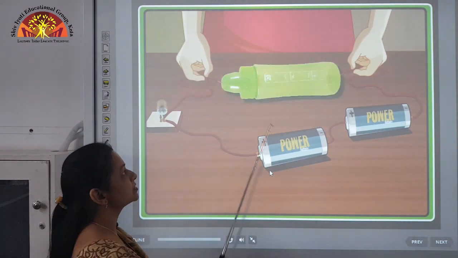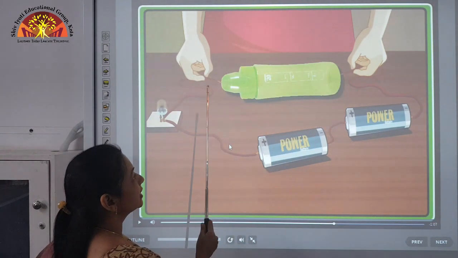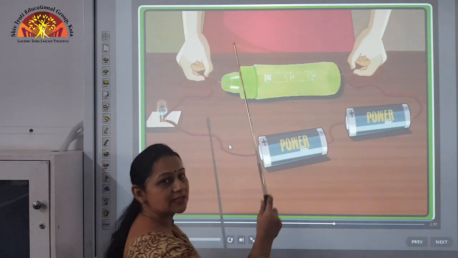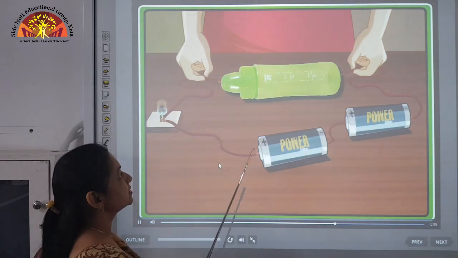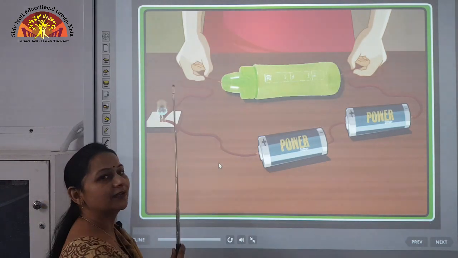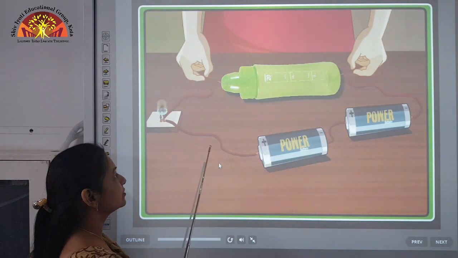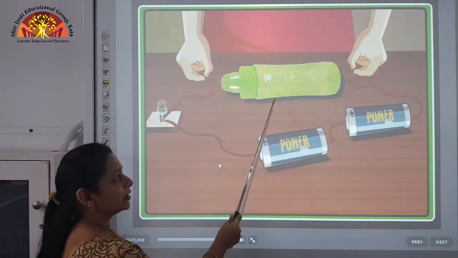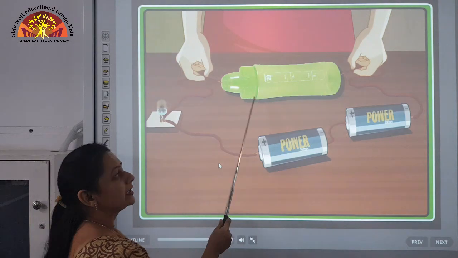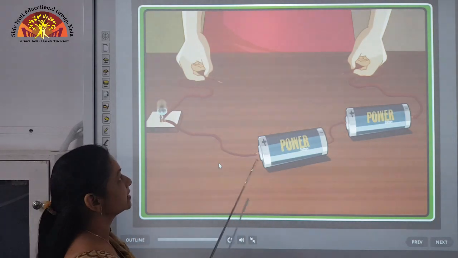First we take the plastic bottle, and if we connect it to the two terminals, what do you observe? You will observe that the bulb is not glowing. This shows that electric current is not passing through the bottle, and thus this bottle is an insulator.